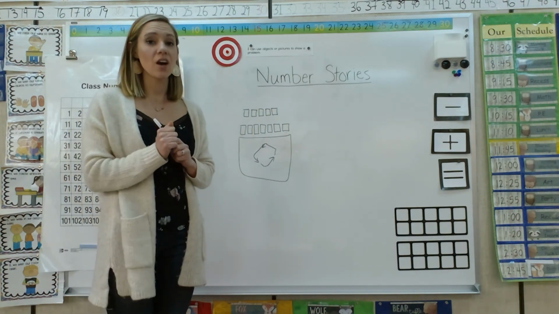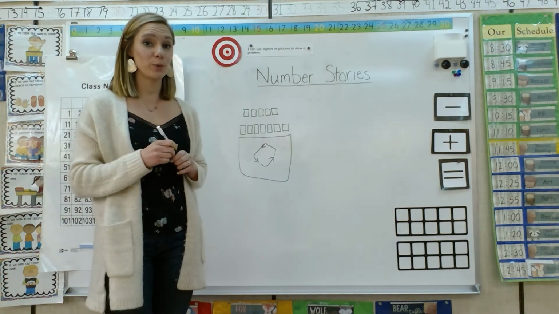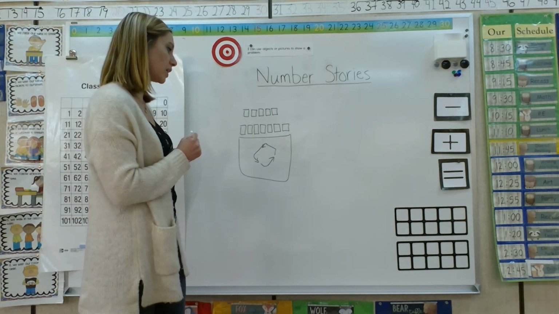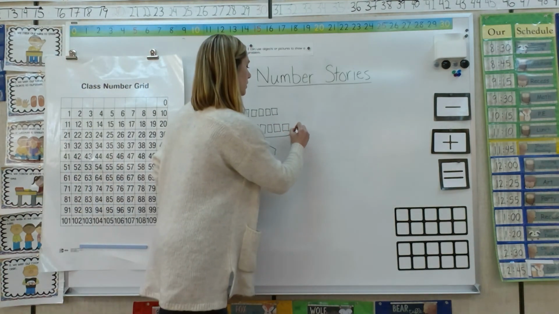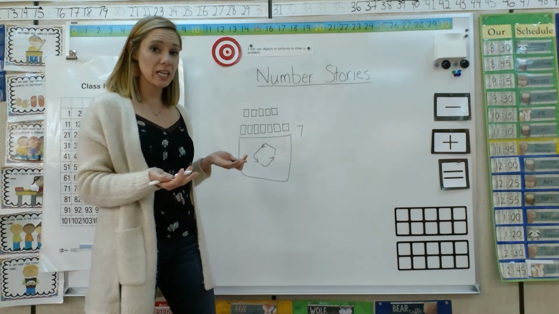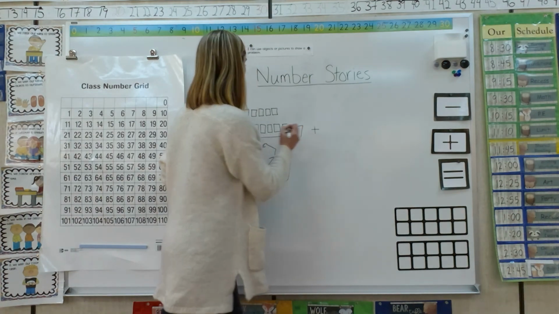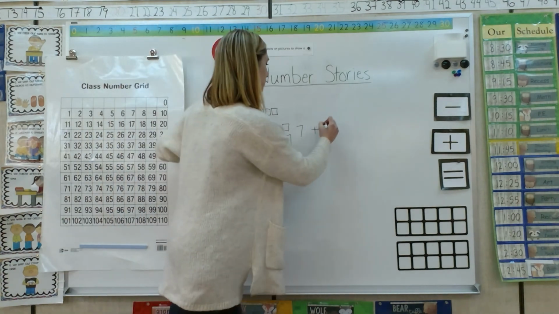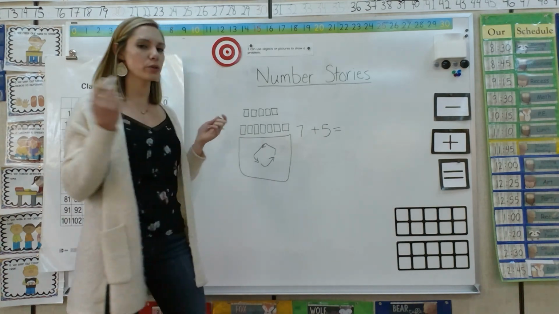How many cans are in the recycling bin now? Ooh, tricky question. How would we write this as a number sentence or an equation? We started with how many? We started with 7 cans. And then did we add or did we take away? We added. So we add with the plus symbol, how many more? 5, right. So 7 plus 5 is equal to